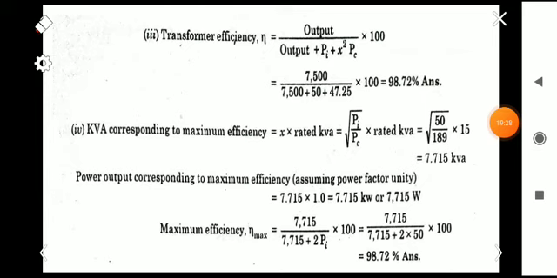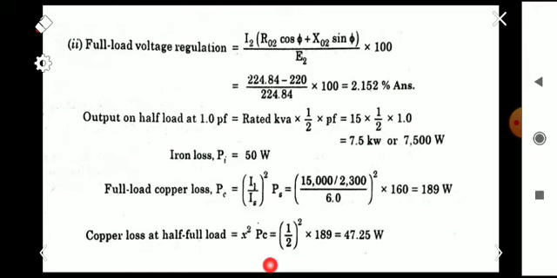So the full load copper loss Pc is 189 watt, and here we have to find x square Pc. Here the x means the corresponding load. So we are finding the efficiency at half the rated load. So x means 1 by 2, half. Okay, so x square Pc is 1 by 2 square into 189. So the copper loss at half the rated load is 47.25